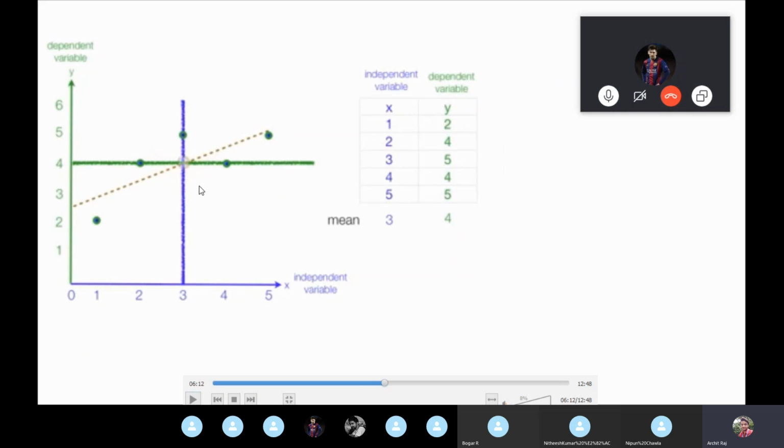Now we found out a particular point, which is the mean of all the values that we have. Because this is a point, n number of lines can pass through it. But what we know is that the best fit line will definitely pass through this point. There's one rule: the best fit line will pass through the mean of all the points, both dependent and independent. Like the coordinates that you find by finding the mean of x and y, the best fit line